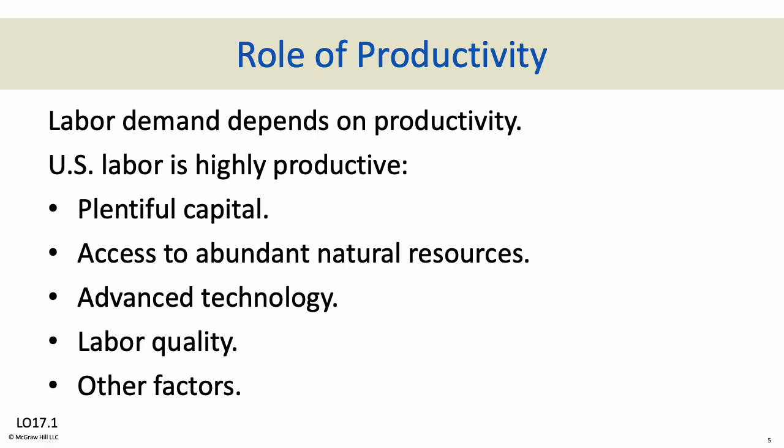The US and other advanced economies benefit from highly productive labor due to lots of capital goods we have, advanced technology, natural resources, the quality of the labor, so training, college degrees, professional certifications, and other less obvious factors such as a social and political environment that emphasizes production and productivity. Once again, the social environment of a country does actually have an impact on how productive its labor force will be. Does it emphasize things like production, productivity, successful companies, stuff like that? Generally, that will lead to a more productive labor force.